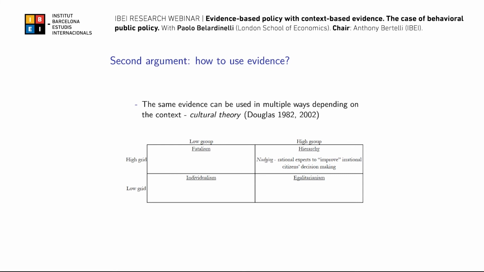And it's consistent with hierarchy because it needs a degree of faith in experts to fix the irrational behavior of citizens. So basically, the premise of nudging is that we can design and implement rational nudges to fix the behavior of irrational citizens. And if you are not familiar with nudging, a simple example: when I was hired by LSE, by default, I